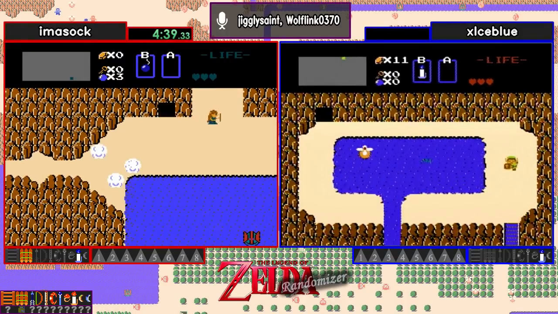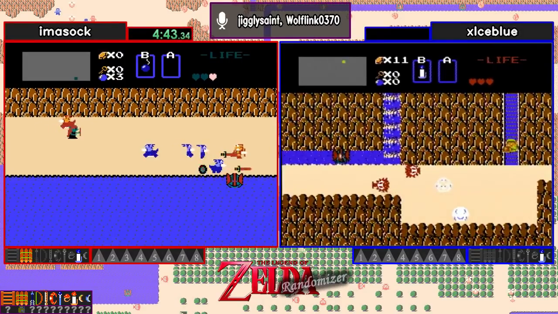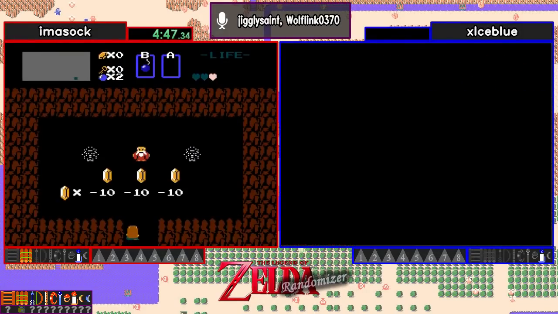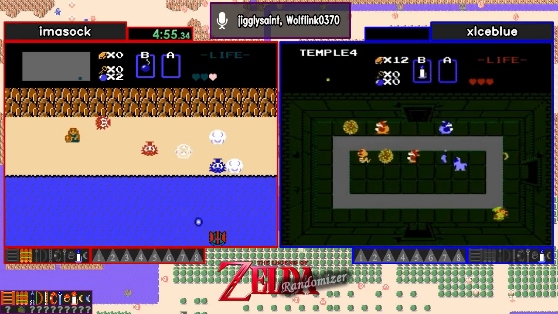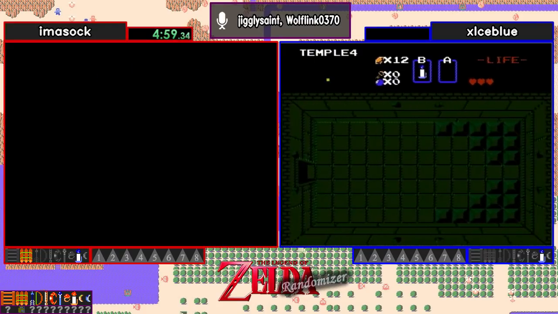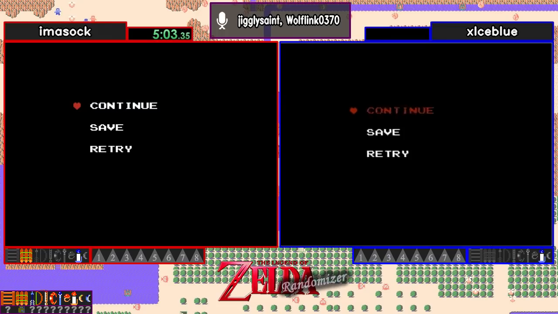And that would be the white sword item on the left there, imasock's side. Yep, that is definitely by a coast. So by a lake means... Oh, we've got level 4 here, or temple 4, under the waterfall. That's an okay spot. And we got ourselves a ladder block room here that could possibly contain an item such as a key or a heart container. Or even a Triforce, but...